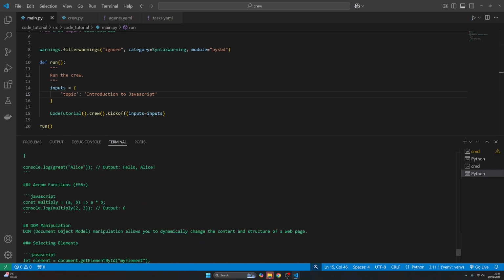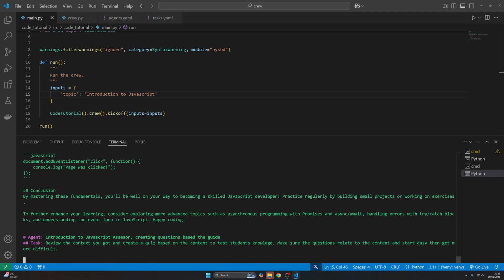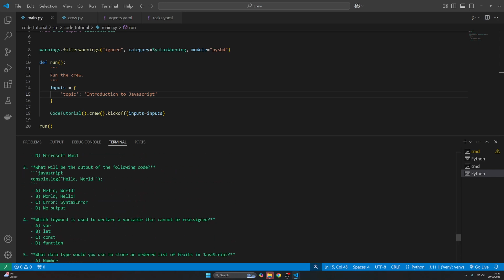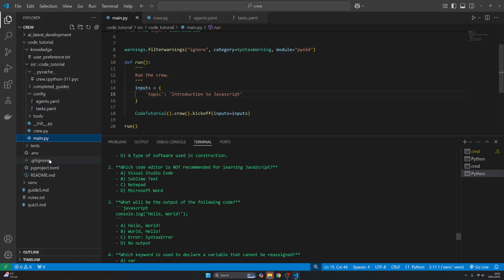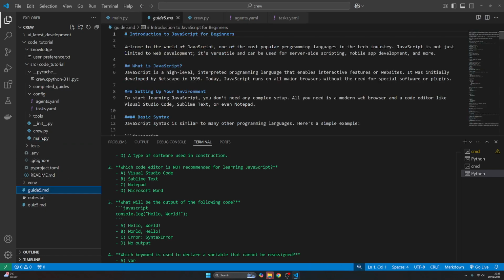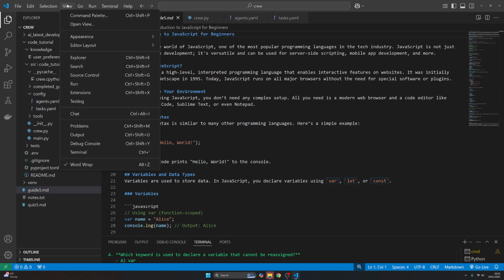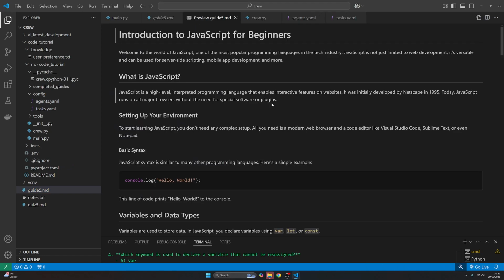So it's created a lot more content, and now it's passed it on to the assessor, which is going to read the guide and then create these questions, which it looks like it's done. So that will have outputted some documents. So we've got the guide here. So this is output as Markdown, which is a very friendly format that you can use in lots of tools. So I'm just going to view it in a friendlier way because it really does format well for